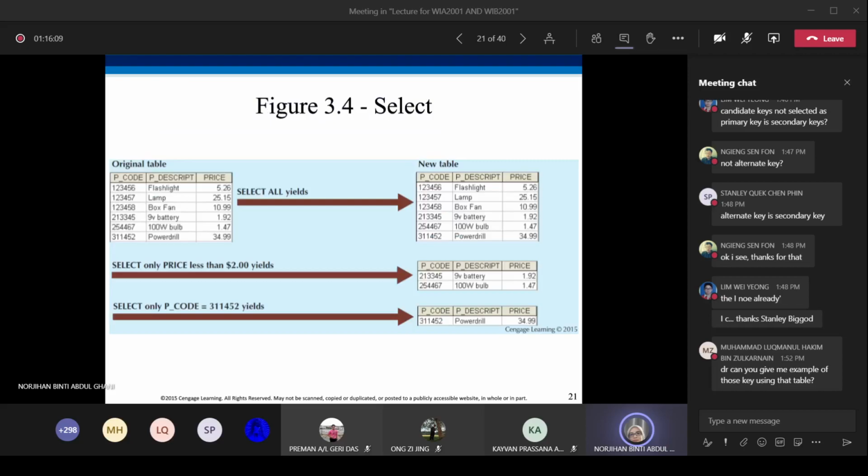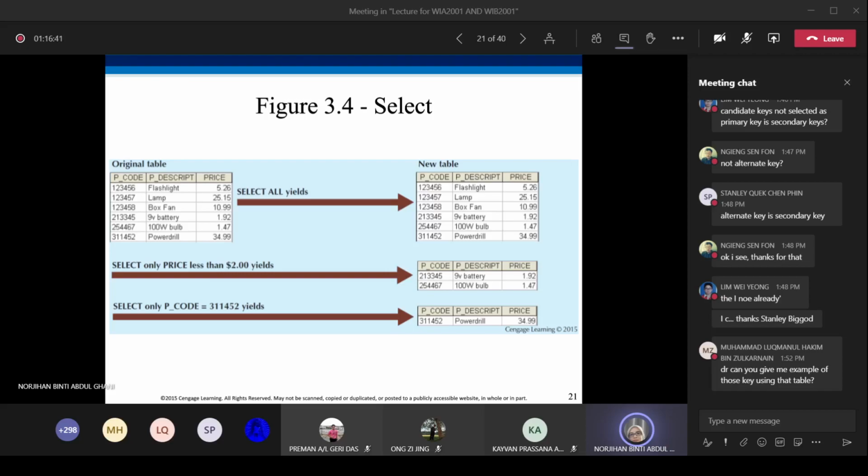Here is an example of select. These are the original table. When we select all, meaning that we want to select everything from the original table, these are the outputs. Let's say we select only where price is less than $2.